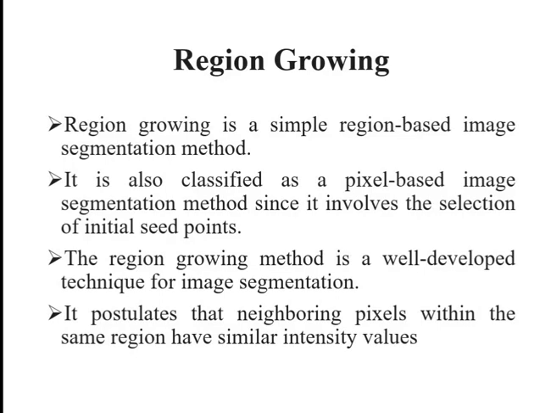Selecting the set of one or more starting points often can be based on the nature of the problem. The procedure is to compute at every pixel the same set of properties that ultimately will be used to assign pixels to regions during the growing process. If the result of these computations shows clusters of values, the pixels whose properties place them near the centroid of these clusters can be used as seeds.